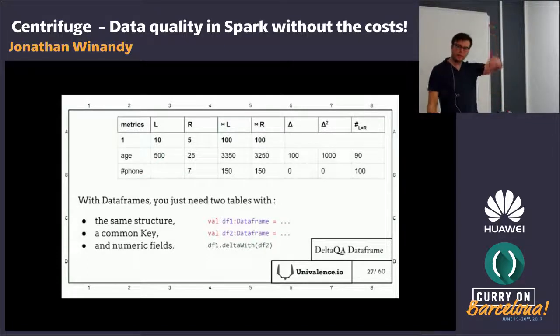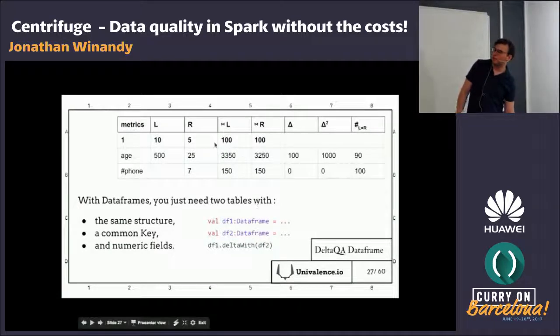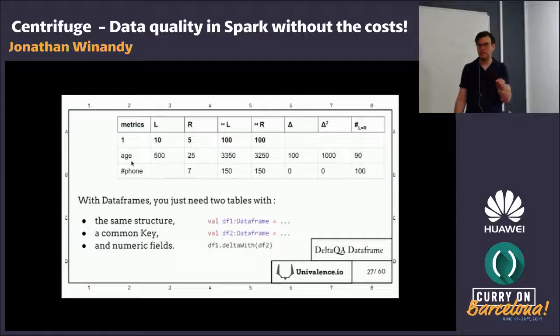So with this kind of view, you can easily find what's going on with your data. You see that one of your metrics is off, and you can say, well, the variation is okay because it's increasing, so that means that it's better, or it's not okay. Then you can apply a business rule to every metric, and you are able to find the impact of the change of your function on every metric you define.